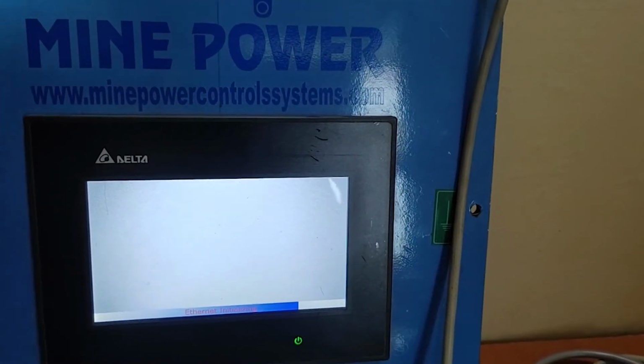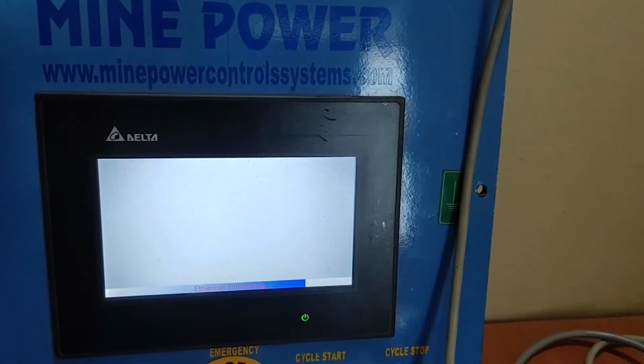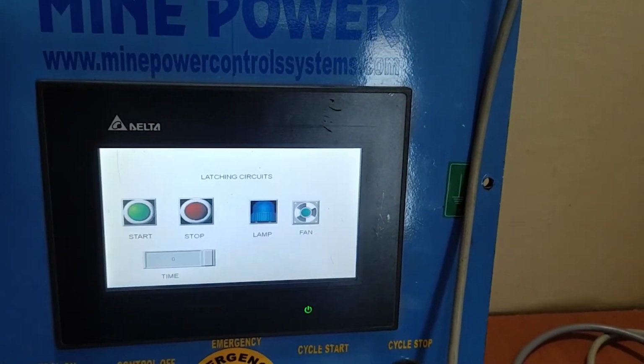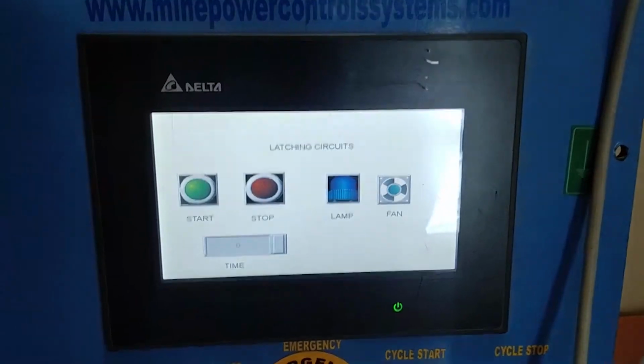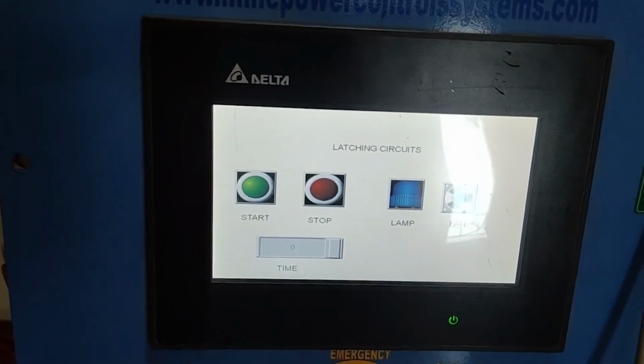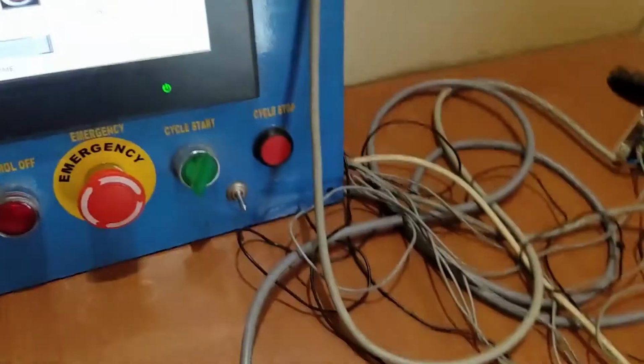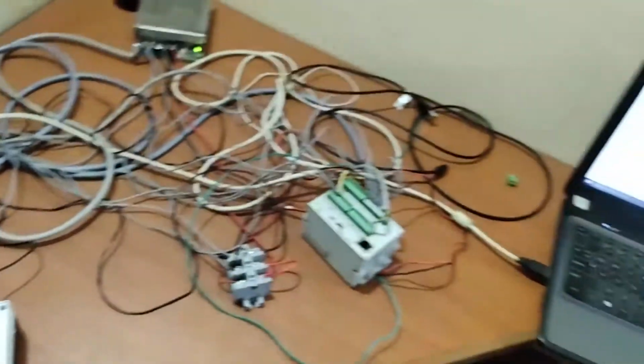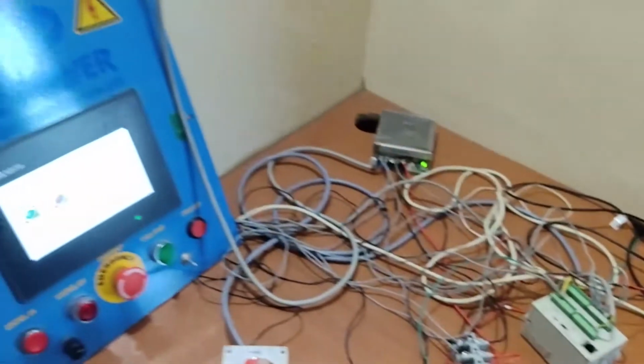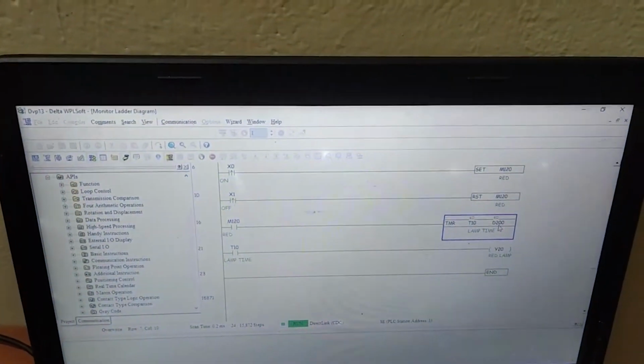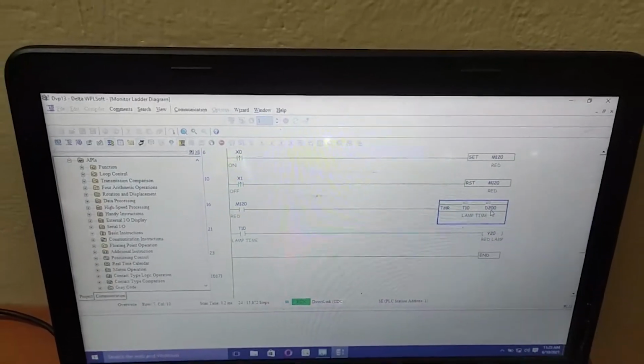After that, now we can insert the timer for the operation by ourselves and modify it whenever we want. Okay, I'm setting a timer, but the value is shown as K0 because we did not give any value to D200. Now I am giving the value.